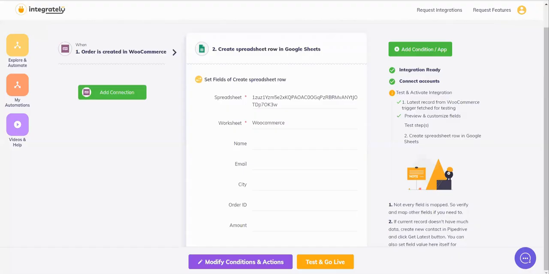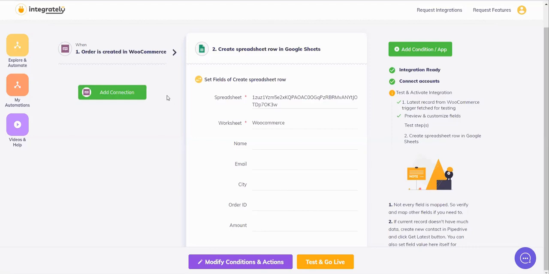Let's go back to Integrately. Again, name, email, city, order ID, and amount. So basically, Integrately has connected with that worksheet of mine and extracted, or you can say represented, all my fields for me so that I can map. Now, this being said of Google Sheets, let's switch our focus to WooCommerce.